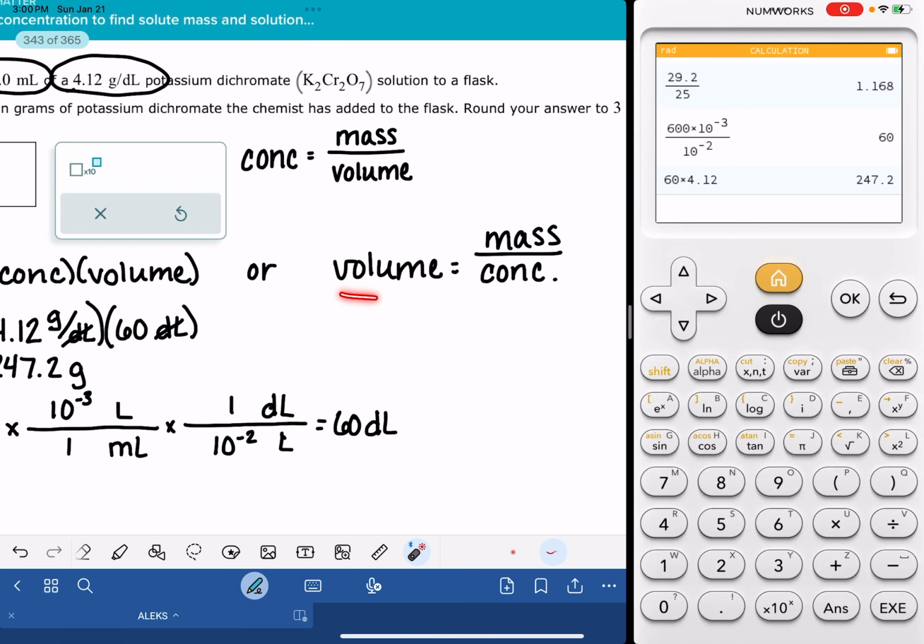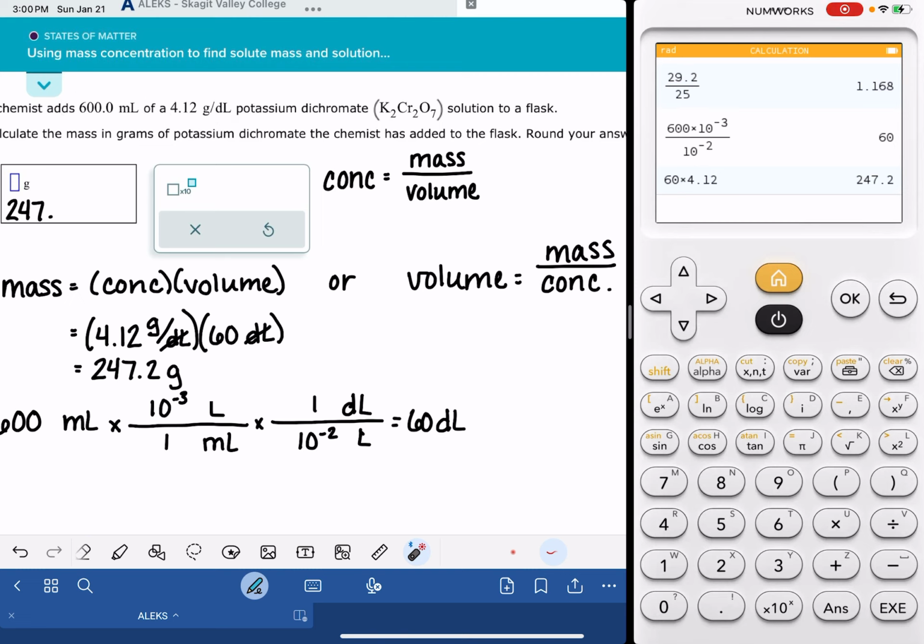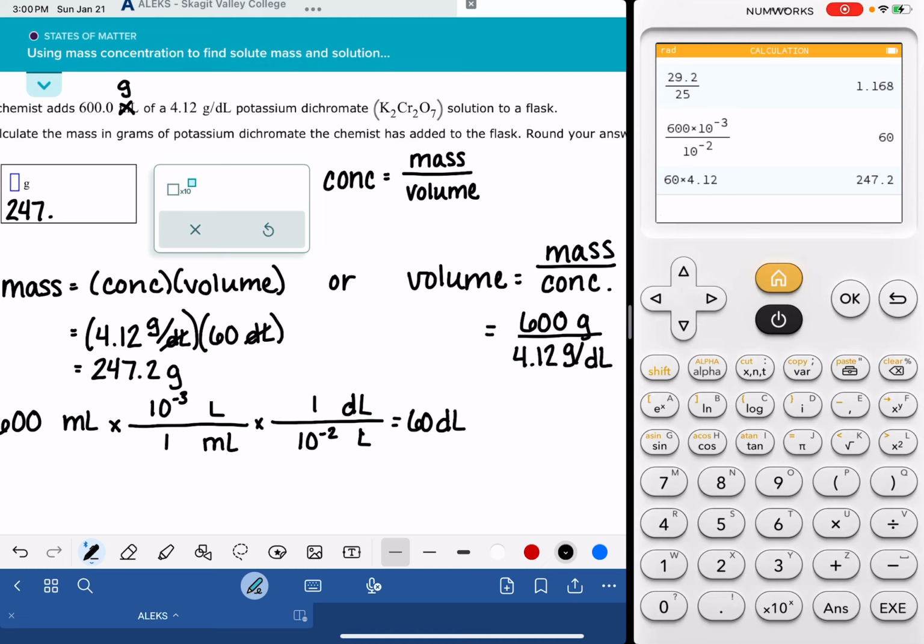Now, if you're being asked to do the other version of the problem where you're asked to solve for volume, we can just change this problem up a little bit. Let's say that instead of giving me milliliters, it gave me 600 grams. And the problem would be something along the lines of, what volume would I need if I wanted 600 grams of this particular substance? It doesn't really matter what the story is. So to get my volume, I would take my mass, which is 600 grams. I would divide it by my concentration, 4.12 grams per deciliter. My gram units are going to cancel, and I'm going to be left with units of